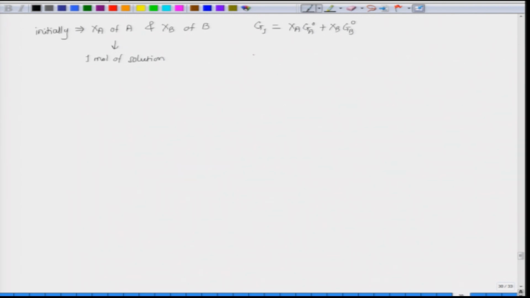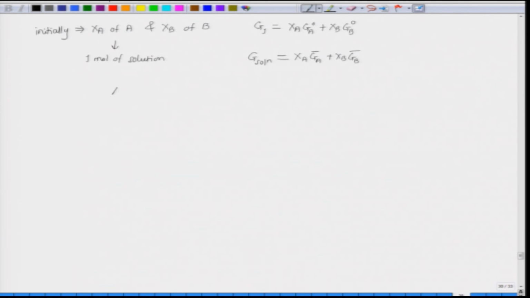What will be the Gibbs free energy after formation of solution? So, let us call this G solution, right. In terms of partial molar Gibbs free energy, it will be xA GA bar plus xB GB bar,